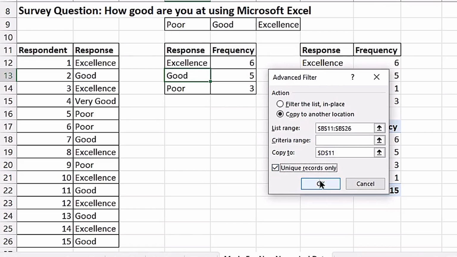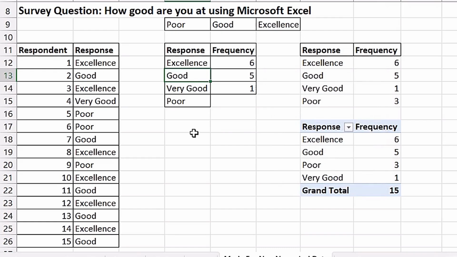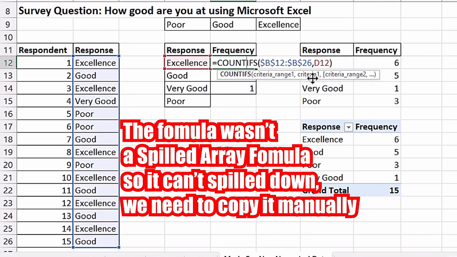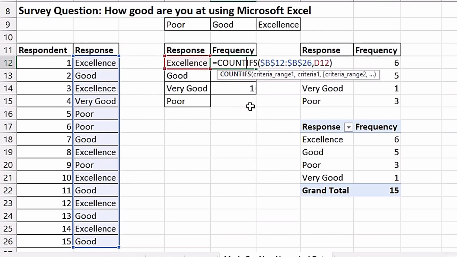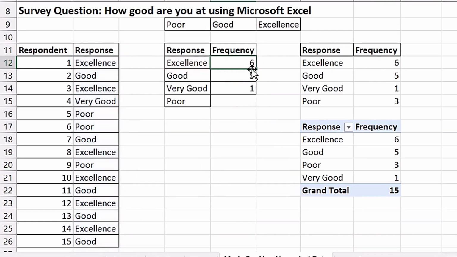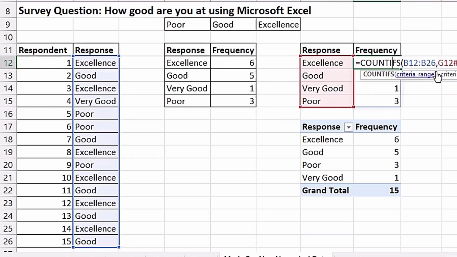So when I click OK, you can see this time around it's now getting for us our very good, and also the count of 1. So our formula here was actually simply a COUNTIF function, so it cannot get down. We need to copy it down. So I'm going to Control Enter, and then I'm going to copy this formula down here so that you can get even this one. So in summary, you can use the UNIQUE function and then the COUNTIF function